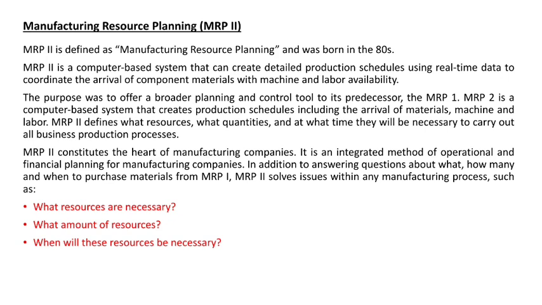This is an advanced version of MRP1. It offers broader planning and control than its predecessor MRP1. It's a computer-based system that creates production schedules involving the arrival of materials, machine and labor. It defines what resources, what quantities, at what time will be necessary to carry out the activities. The three things which we see here are what resources are necessary, what amount of resources, and when these resources